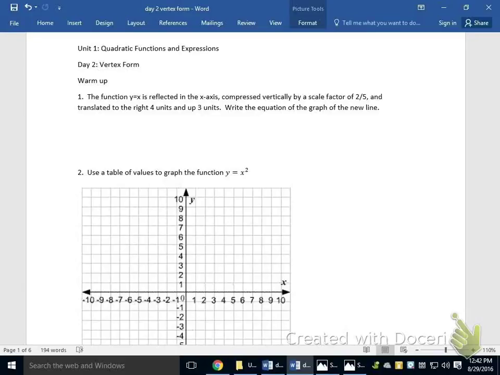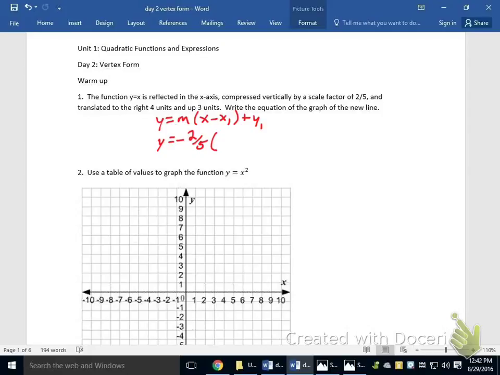Here's a quick warm-up, just covering these two problems really quick, referencing the point-slope form that was talked about on day 1. If I were to put this transformation into this form, the fact that it is reflected in the x-axis means that the slope would need to be negative. The fact that it is compressed vertically by a scale factor of 2/5, that 2/5 is actually going to be my slope, so y equals negative 2/5